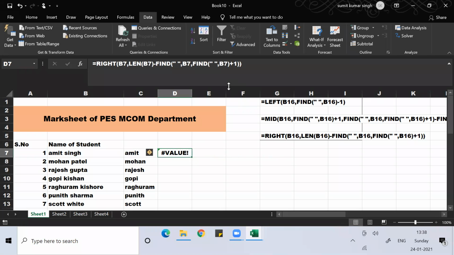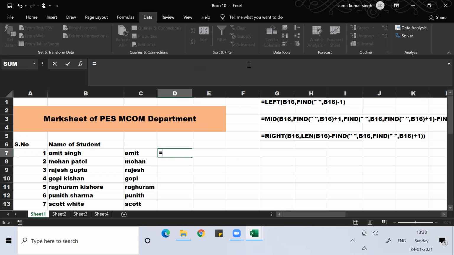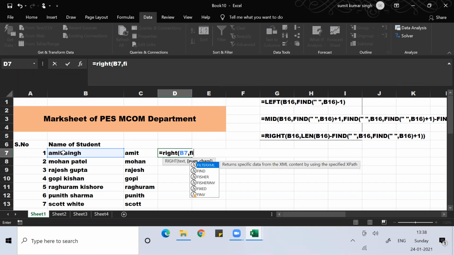Here I'm getting an error. So equal to RIGHT, this is the text. Then the number of characters: equal to RIGHT, FIND double quote space double quote comma B7.